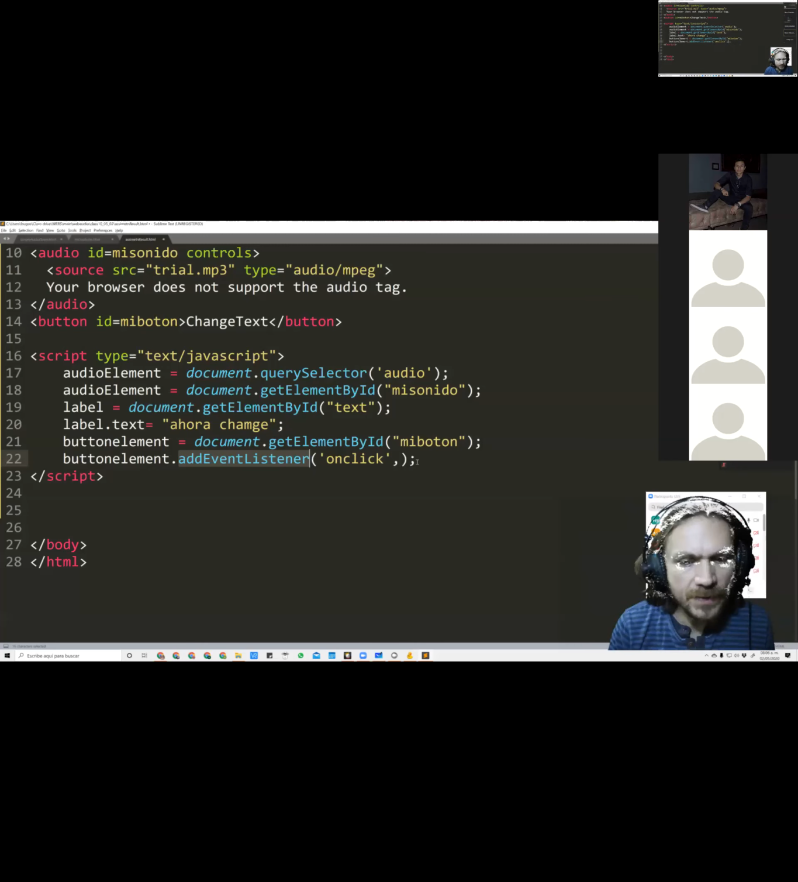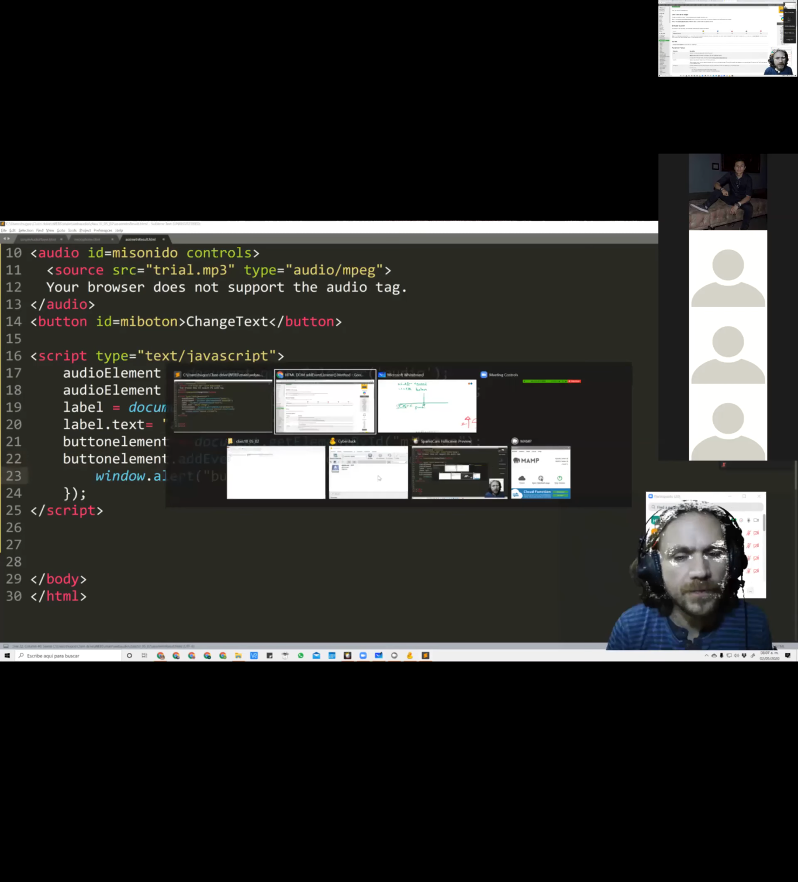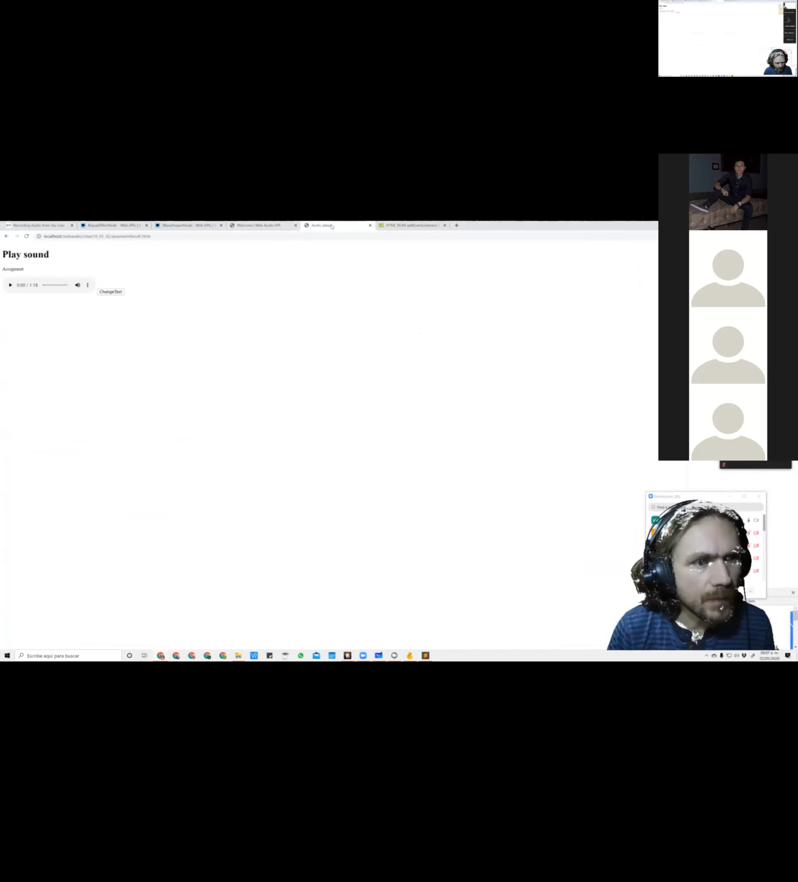But let's check, and then we have the element, we have the action, we have the click, and here we have to write a function, parentheses, and we have to write the function. Follow what I'm saying. This function at this point is doing nothing, but I will say, I don't know, window.alert, okay, button clicked. So if I do this and I go back to my browser and to my audio player and I refresh,